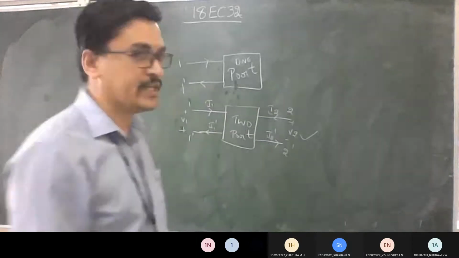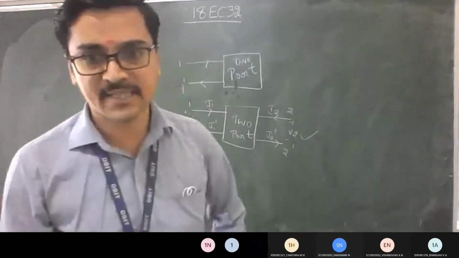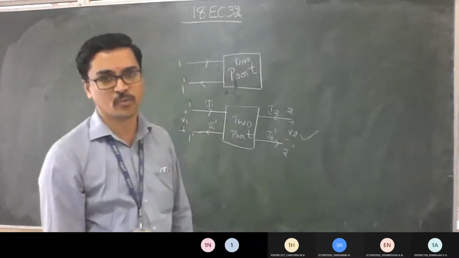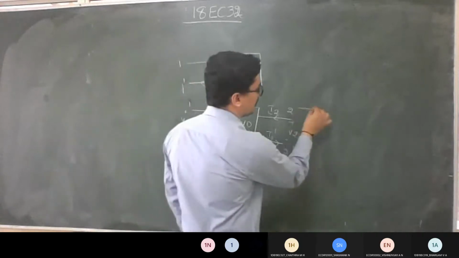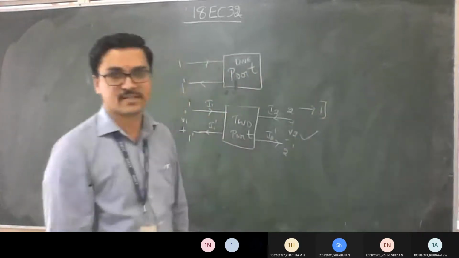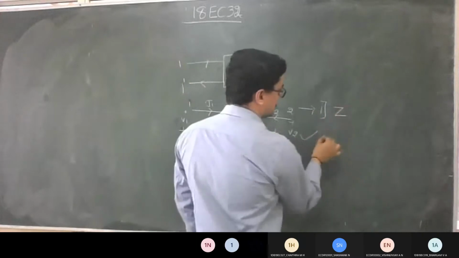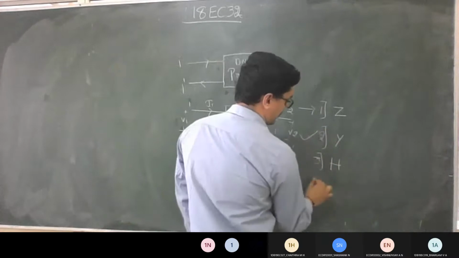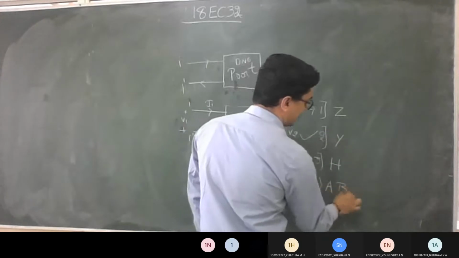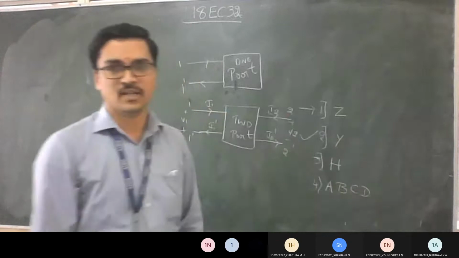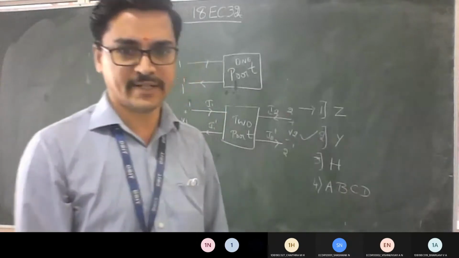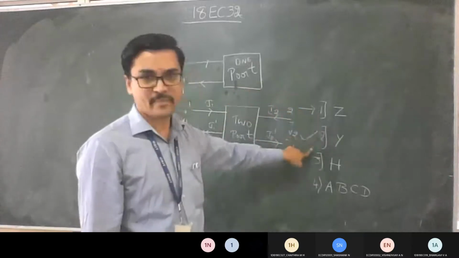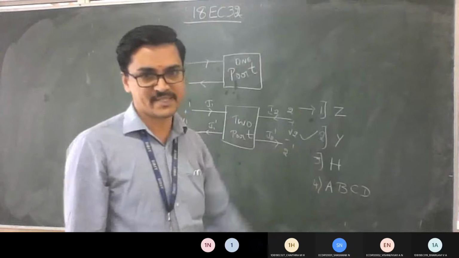Okay. So now we need to know what all the different parameters involved in this two port concept. See this diagram we wrote, it is the concept of your two port network, right? In this we have four major parameters. We're starting with the Z parameter, second the Y parameter, third the H parameter, and last the ABCD parameter. I'll repeat. In your syllabus for two port networks, four different parameters are kept: Z parameter, Y parameter, H parameter, and ABCD parameter.